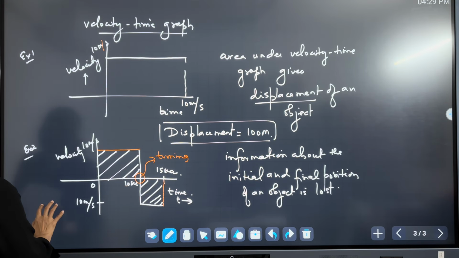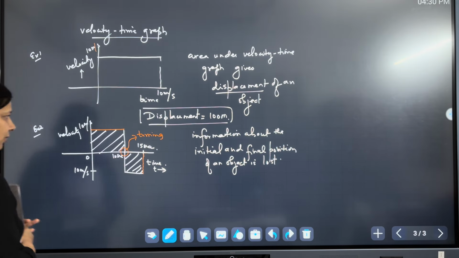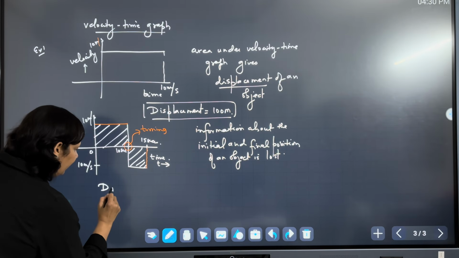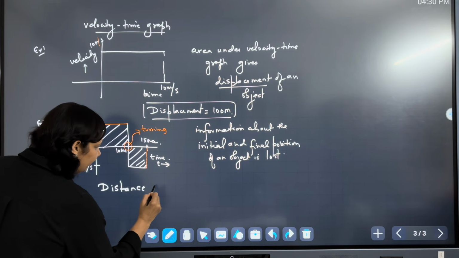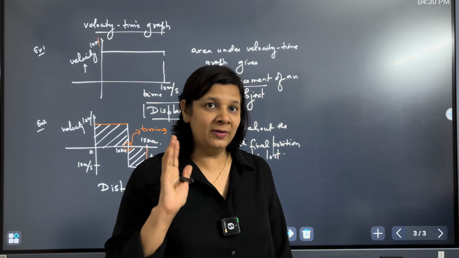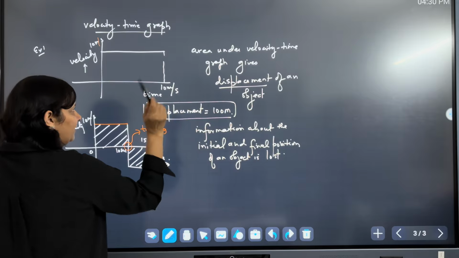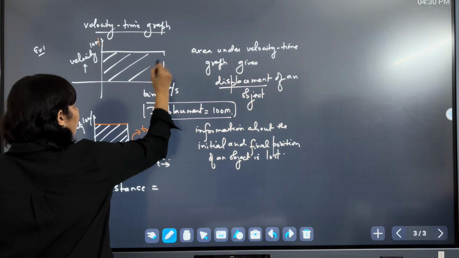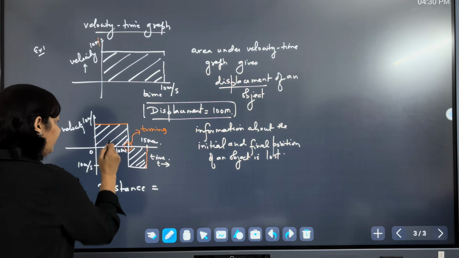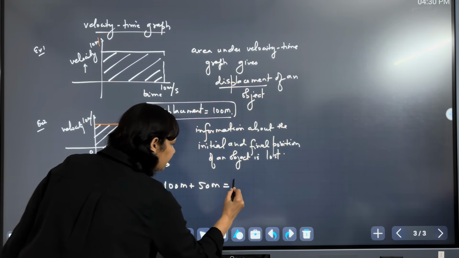Okay, I'll just make it a little smaller. Now, the distance covered by an object will be the total area. From the velocity time graph also you can find the distance, but one has to think nicely. The velocity into time is here. Because the object was moving in one direction, distance and displacement will be the same, but here 100 meter plus 50 meter will be the total distance covered